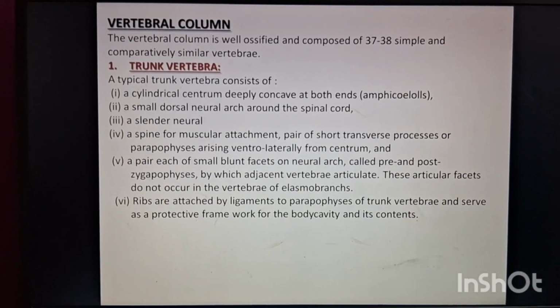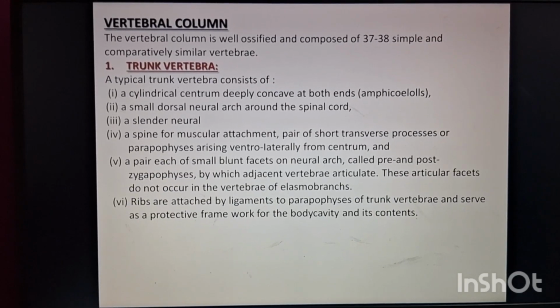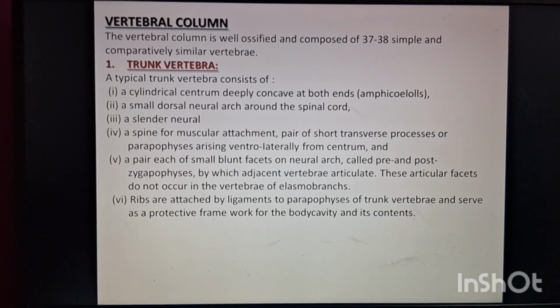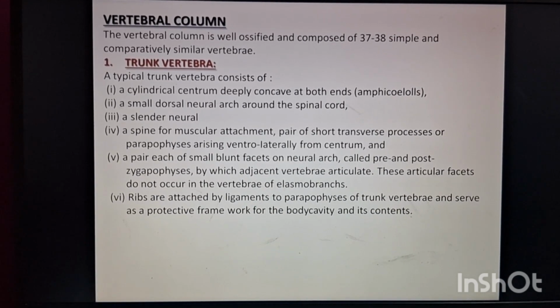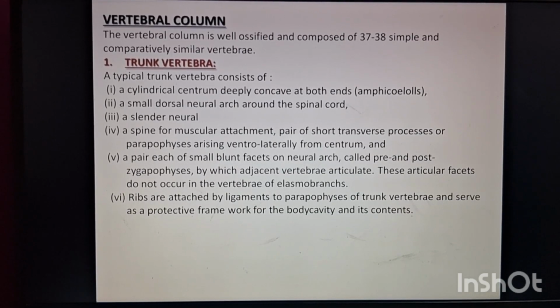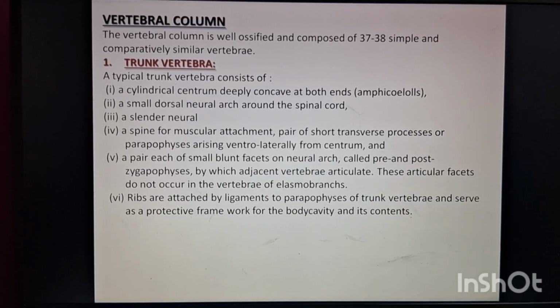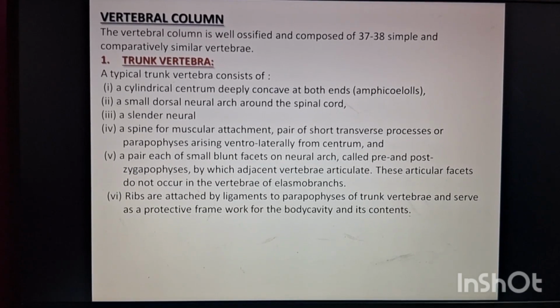Vertebral column of Labeo rohita. The vertebral column is well ossified and composed of 37 to 38 simple and comparatively similar vertebrae. First is the trunk vertebra. A typical trunk vertebra consists of a cylindrical centrum deeply concave at both ends, that is also called amphicoelous, a small dorsal neural arch around the spinal cord, a slender neural spine for muscular attachment,